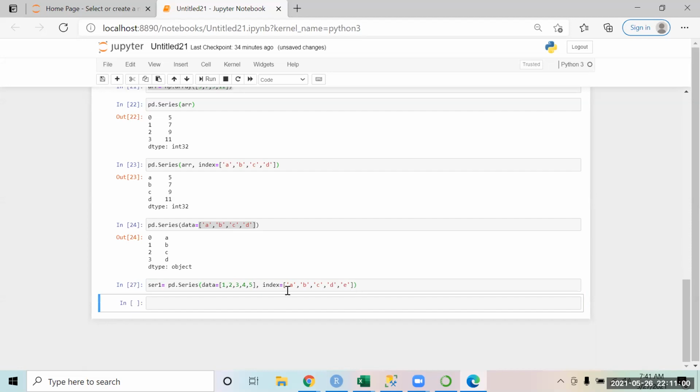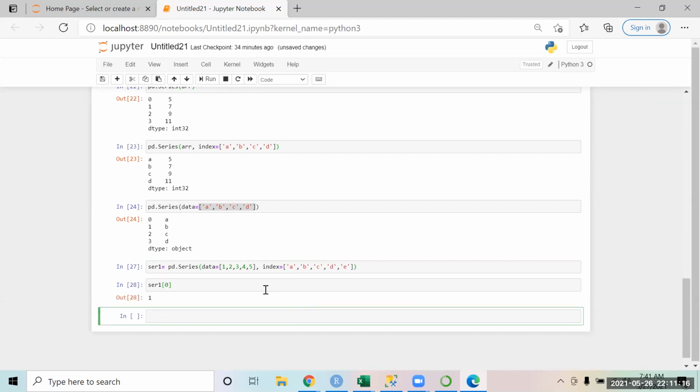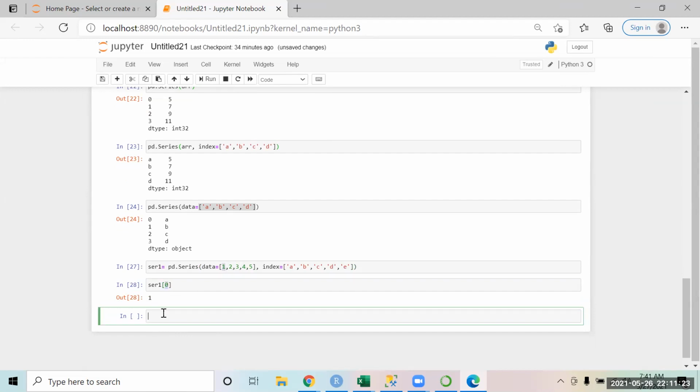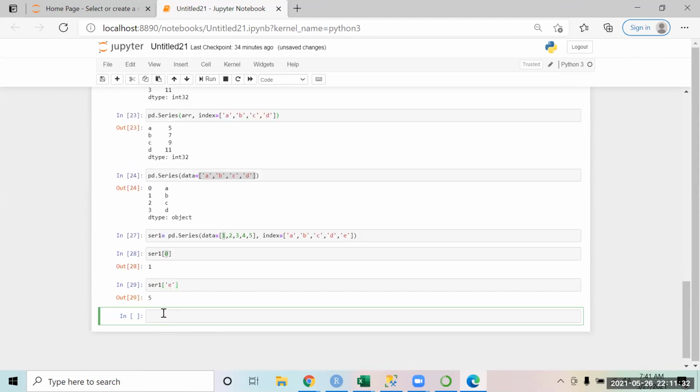Okay. So when it comes to indexing, indexing is something that we have been discussing for a very long time. If you want to do the indexing on the series, it happens the same way. If you say series1 and you want to pick the value at number 0, that number is 1. Either you can use the normal numbering, or if you have given some names, you can use those names also. If you say series1 and you want to pick the value whose index name is E, that number is 5.